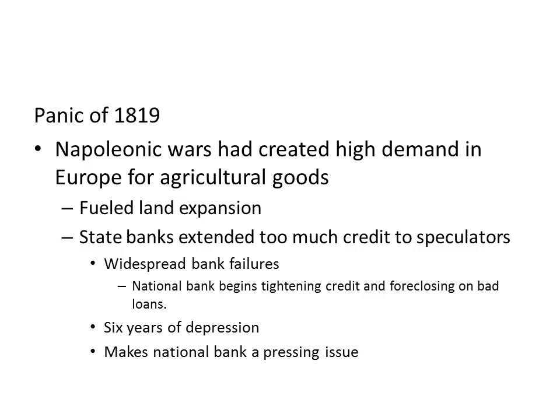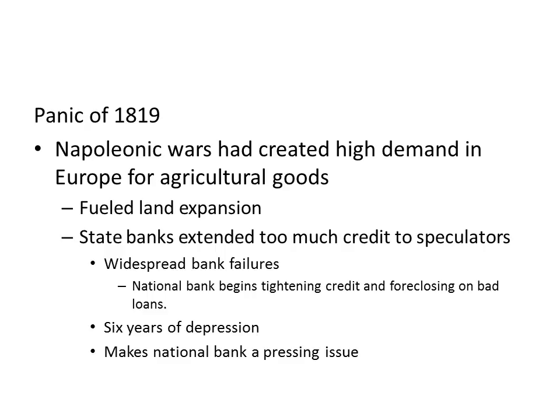Another significant issue in the post-war period was the Panic of 1819, and what had happened there was the Napoleonic Wars had created a very high demand in Europe for agricultural goods, and that fueled a lot of land expansion. That was one of the reasons that state banks had really gone crazy: they were extending a lot of credit to speculators. Now, that works very well when the prices were high in Europe, but when the wars